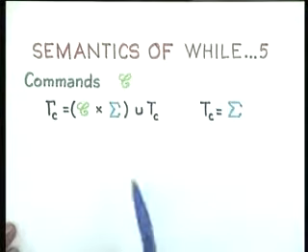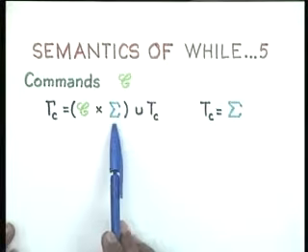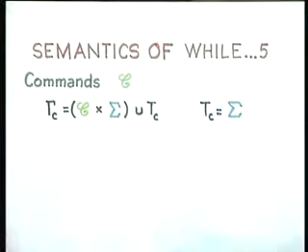And here we have a slight difference in the sense that once you have executed a program, there is really nothing more to execute. So there is no command at the end of the execution. Once the program execution has terminated, there is no command left. What is left is only a state,